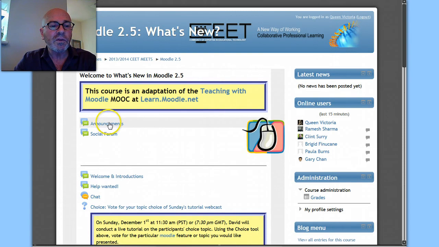So let's just take a look at some of the spots of the site and some of the tools. First of all, the announcements. Those are from the facilitators that are helping with the course this week, including myself. And that's just a broadcast, basically. We'll make announcements such as announcing this orientation, and those get mailed out to everybody. You can't reply to those. They're just one-way communication out to everybody. It's a discussion forum, but the only discussion is in a one-way direction.